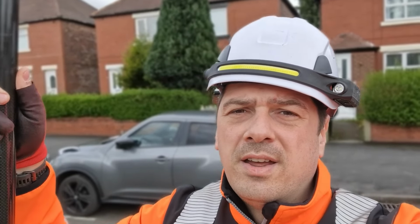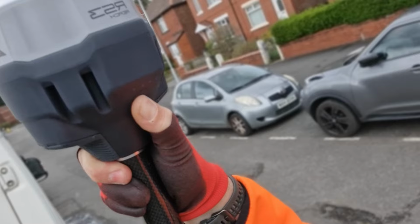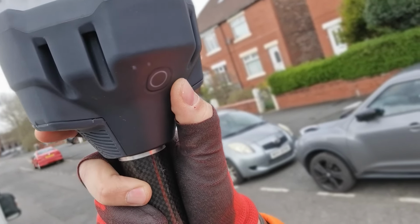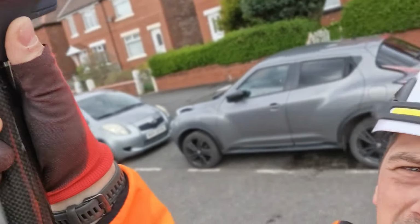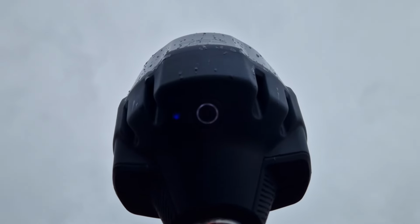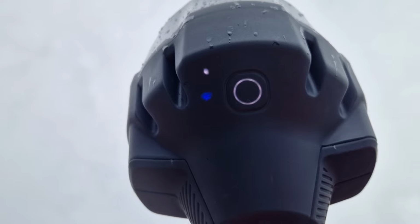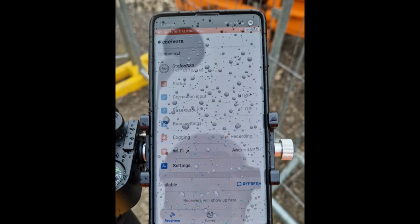First we need to turn the GPS on. You just press on the button and you're going to see some white lines, and the network icon is going to turn blue. Yeah, it's going to take a wee while. Once you see the blue wireless sign, it means it's connected to the internet source, which is my hotspot, and when you see the white mark flashing, it means it's linked with my phone and my app,